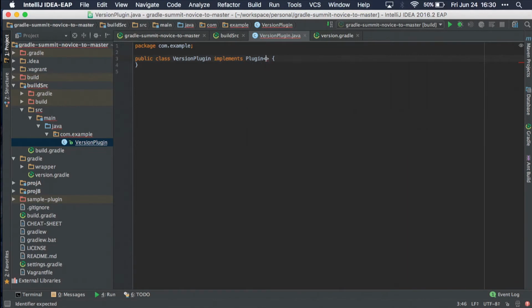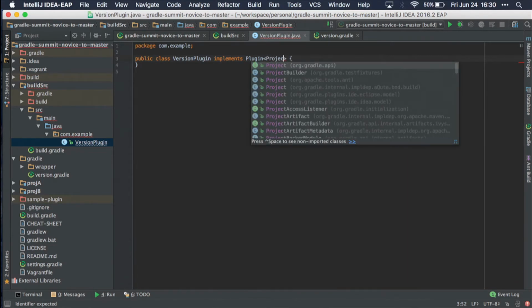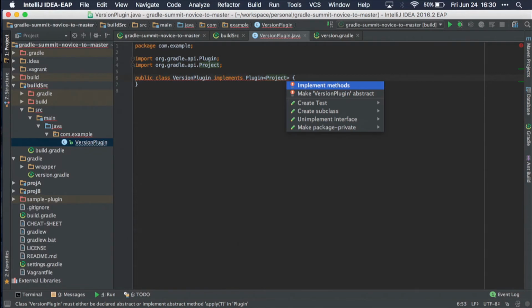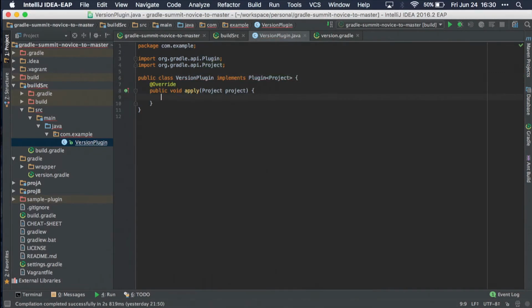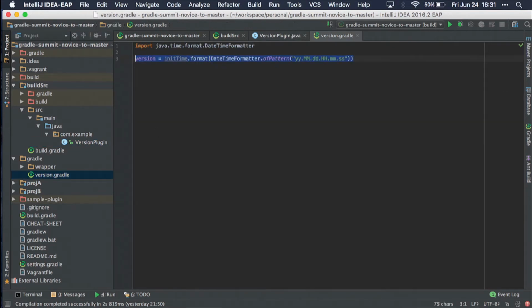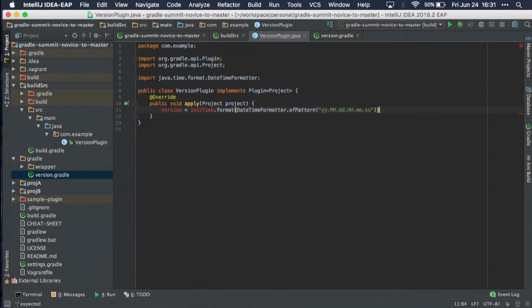And type with the type Project. So when you implement a Gradle plugin, you always implement the Plugin interface, and then you can choose between Project or a few other options, but most people always just use Project. So this is going to give me something that I can apply by string. So like apply Java, same kind of mechanism here. So what I'm going to do is take this version file, copy, paste. It'll copy it over, but you know it's not going to work because it's not going to know what this init time thing is, and it's not going to know what this version thing is. So we're just going to tell it how to do it.